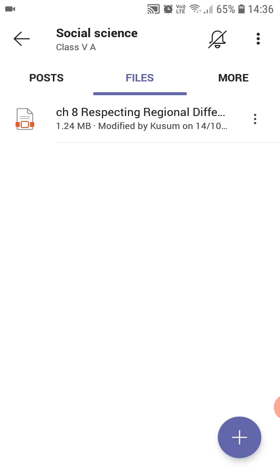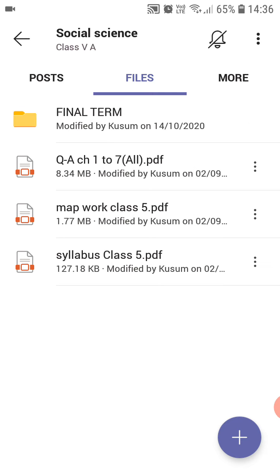It can be possible, I'm giving this name, classwork 2020-21. Maybe some teachers can give their own name also. So they will tell you which folder they are creating. You just have to go to that folder and you can download your homework. Suppose when you click on it, you have downloaded it and you have done your homework in your notebook.